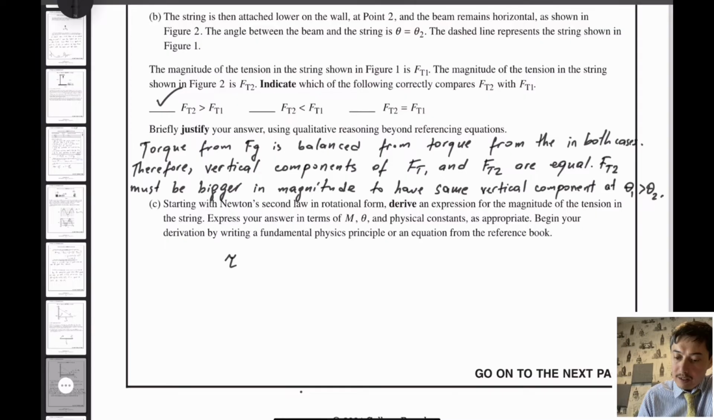Newton's second law, net torque, or we can write in this form, net torque is equal to inertia times angular acceleration. Now, what's angular acceleration in the situation? Nothing is moving, nothing is accelerating, so 0. Torque net,